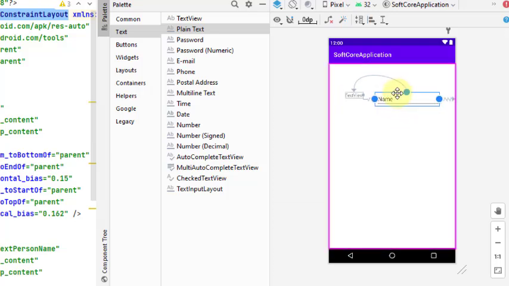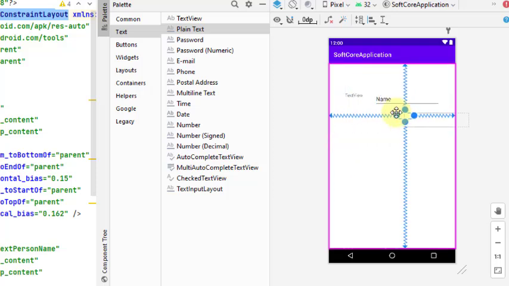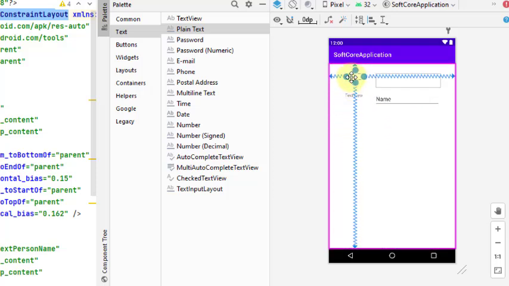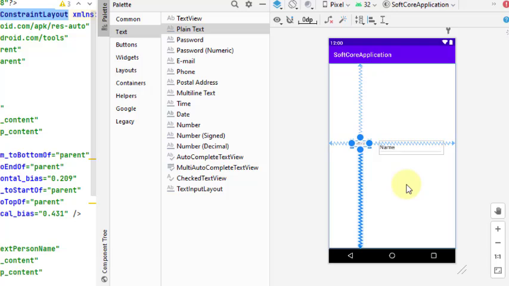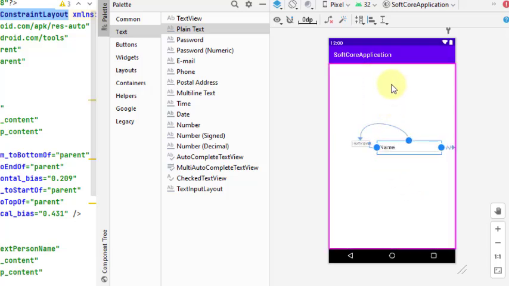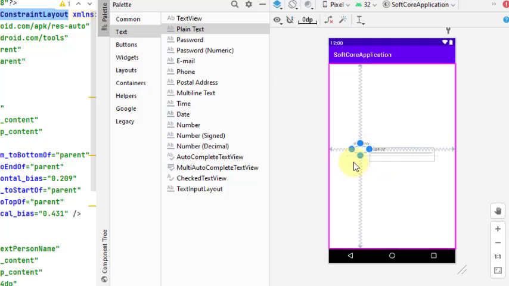Now all the bands are attached. Now we can move both the text view and the edit text in any direction. You can see here the text view is not moving alone, right? We move this with the edit text.